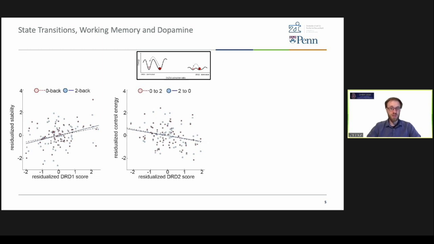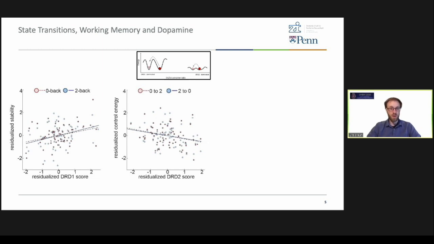So you get a proxy of the D2 or D1 expression in those subjects. We computed this score for our subjects and looked at whether it correlates with stability. And indeed, as we would predict, more expression of D1 is related to an increased stability